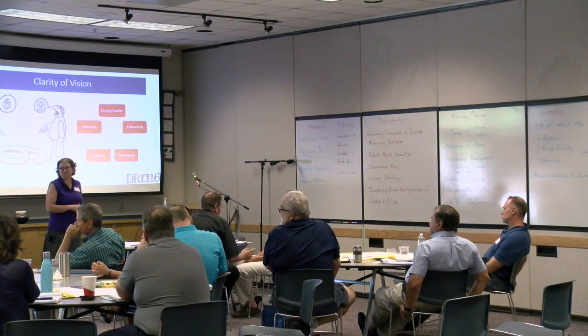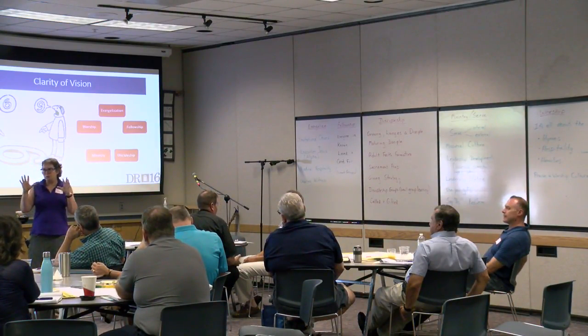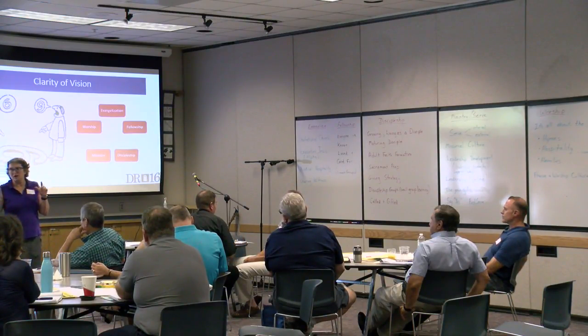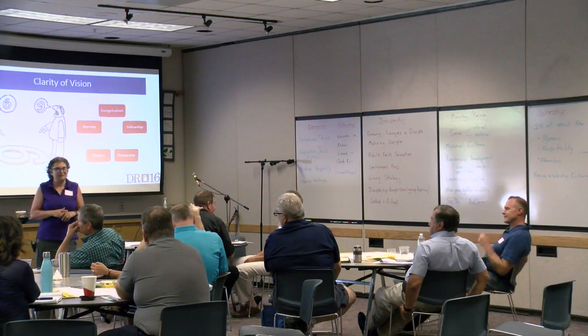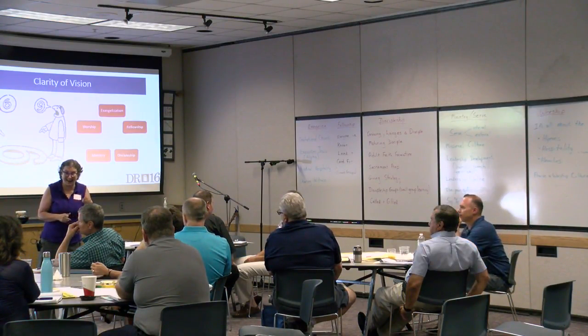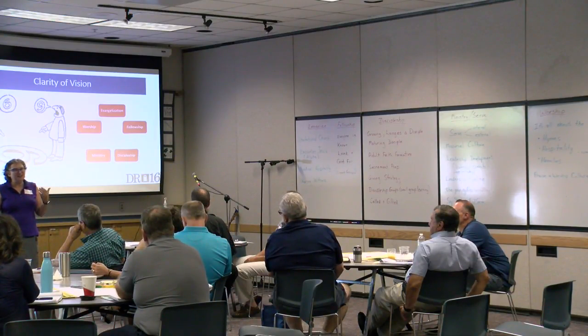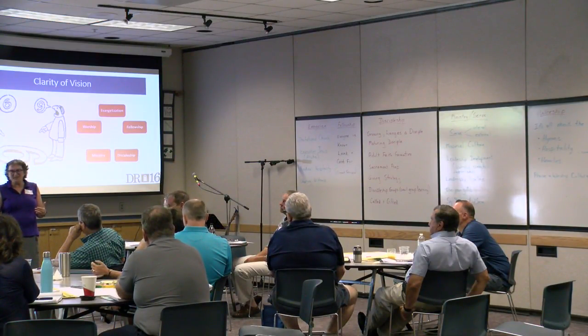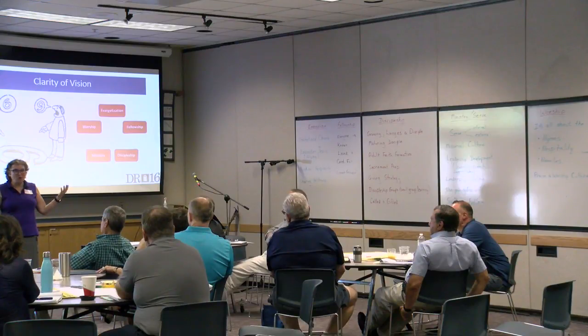How many are in the Connect group? You said 20? For Connect groups, we found 25 is just the right number, and so did Holy Trinity Brompton. But 25 in someone's home? I know, that's a lot of people. Have you ever had a family gathering where someone sits on the floor and someone sits on the stairs? Because we just know, love, and care for each other. You're a family. It works.